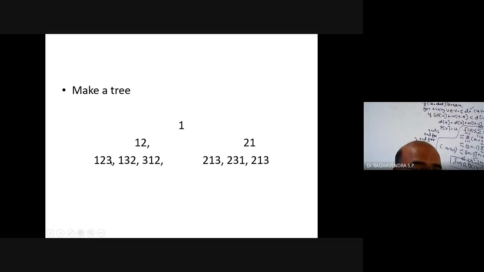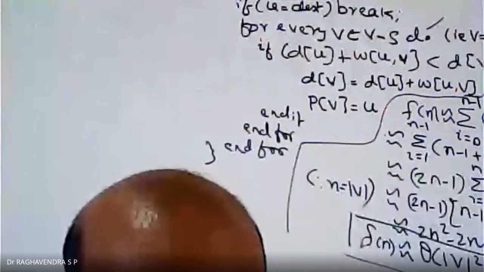Then we have 3. 3 will be concatenated to 12 on the right position, 3 will be placed in between 1 and 2, 3 will be placed before 1 and 2. So now you take the second one, 21, same thing. So 3 will be placed again, but here also some mistake has occurred.